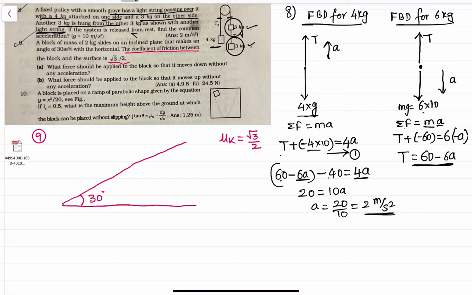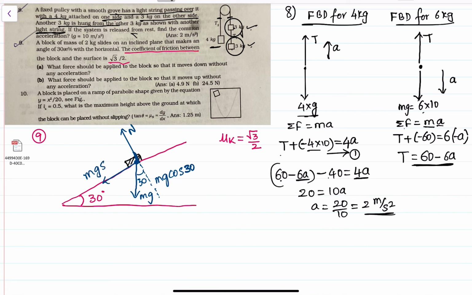Now consider a block. The block is sliding on this surface like this. So now draw the free body diagram, the forces acting on the system. One is the gravitational force acting downwards and another is the normal force, acting upward. And see here, I am extending the line like this, so this angle also would be theta, 30 degrees. So it is the adjacent side. I am writing it as mg cos theta, or mg cos 30. And this is mg sin 30.